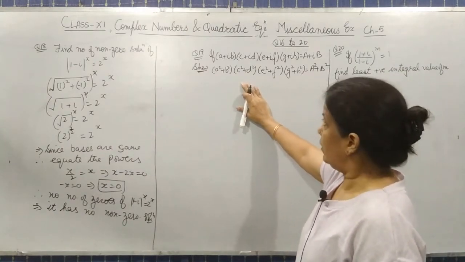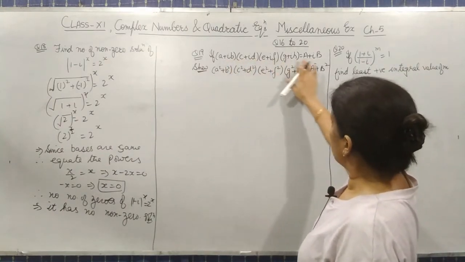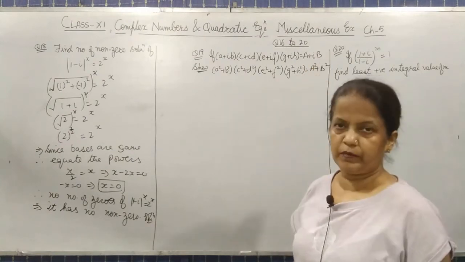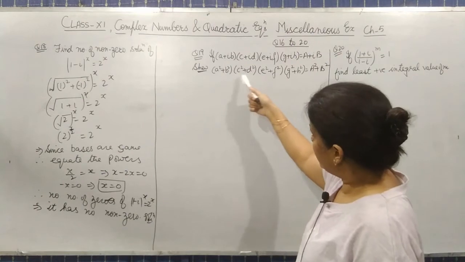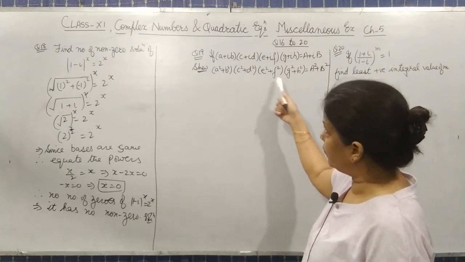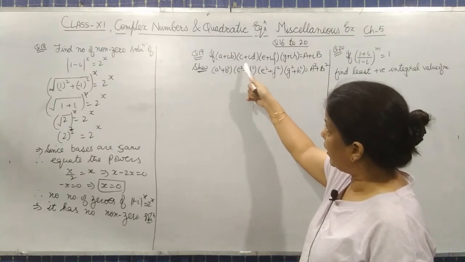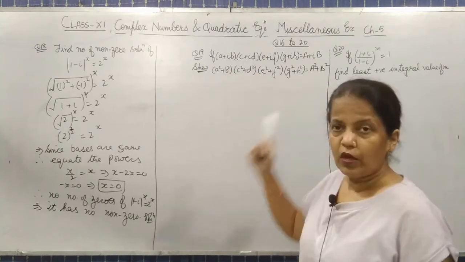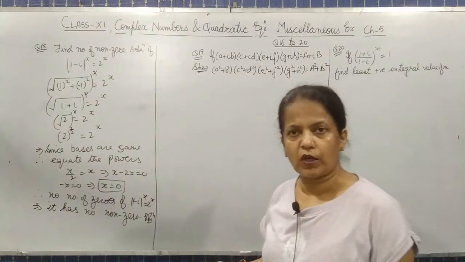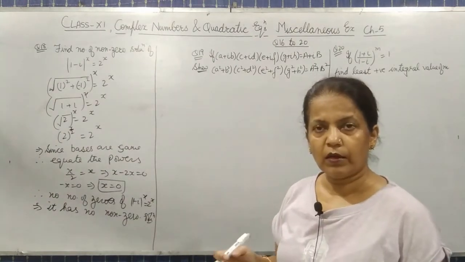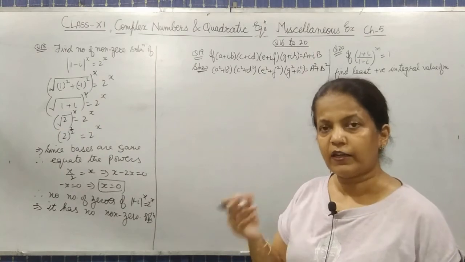Question 19. In question 19, this is given equals to a plus iota b, and you have to show this part. Observe the part which you have to prove. यहाँ पे अगर आप देखेंगे imaginary iota is not there. So how can you remove the iota? कैसे remove कर सकते हैं iota? Tell me. By taking its modulus.